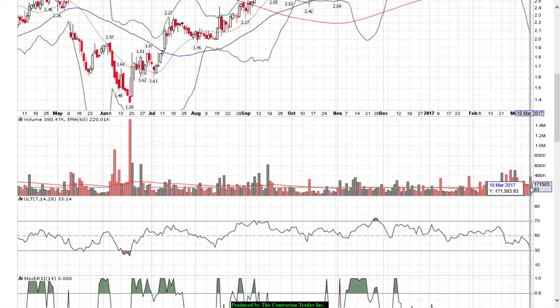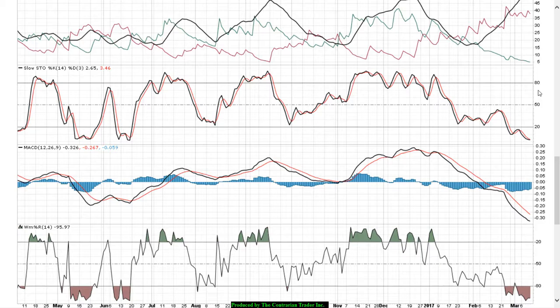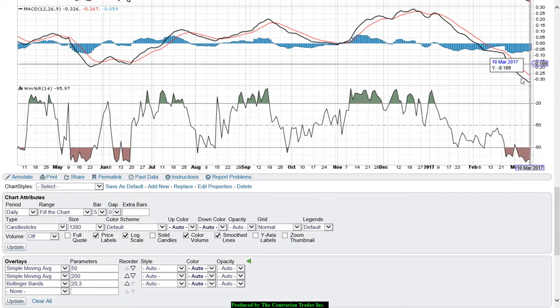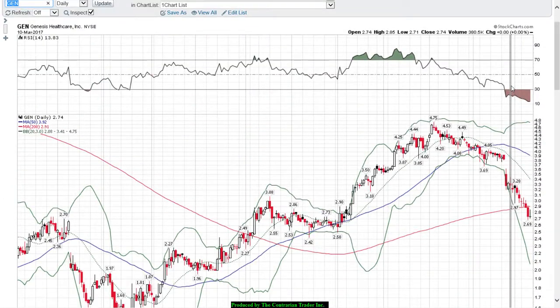Volume rose on Friday. Bullish stuff. So while the shares have a reason to get pushed lower, I'm seeing reason for optimism as well. So we'll track these shares further, and members will discuss them at greater length.